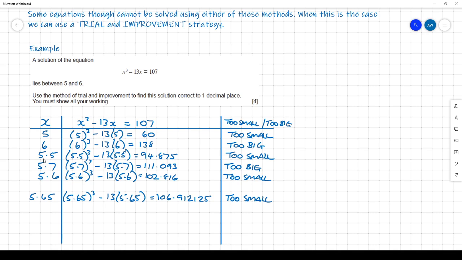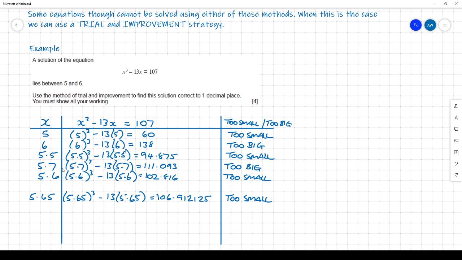So it's all about substitution and using a calculator. We substitute 5.5 into the equation using the calculator, and we get an answer, and we compare it with the value the equation is equal to. And that was too small, so we tried a bigger value. I jumped to 5.7. You may have jumped to 5.6 and got it quicker. There's a little bit of luck on how quick you solve these, but you can use a bit of common sense as well. So I thought 94 was quite a bit less than 107, so I jumped